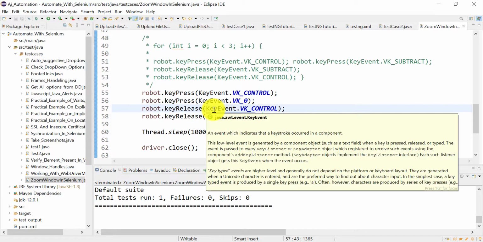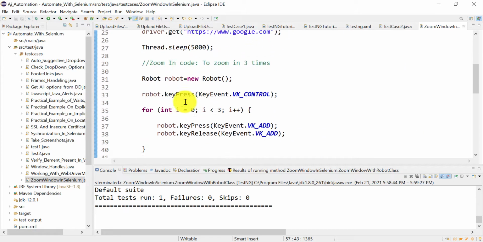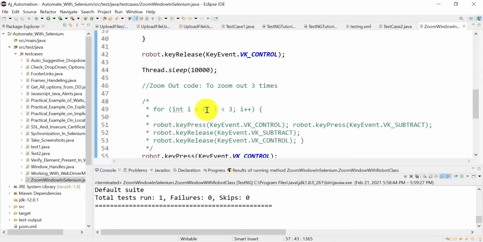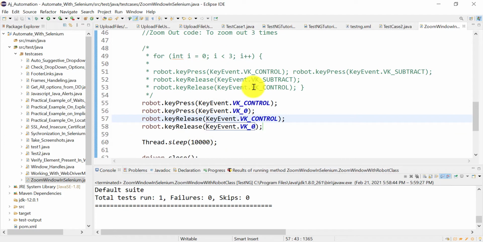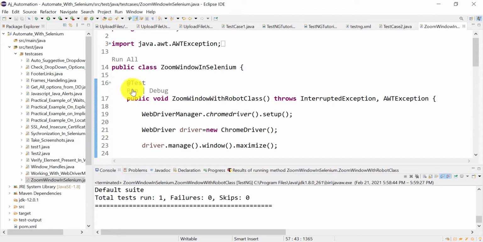So this code also should work. Let us go and run this. It will zoom in the window 3 times, and it will directly come to 100% by pressing control and 0 simultaneously. So let us run this.